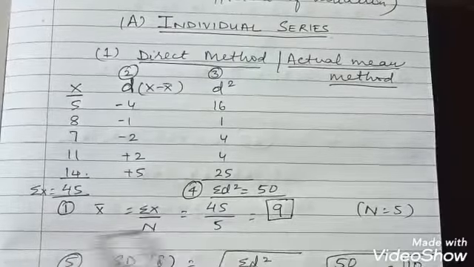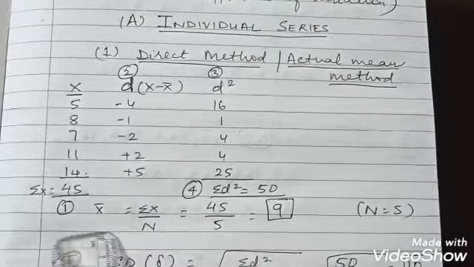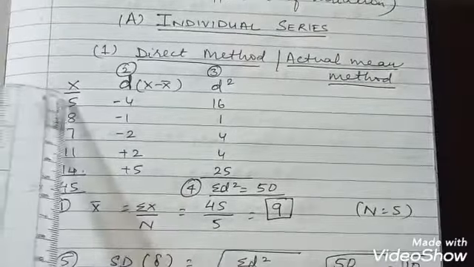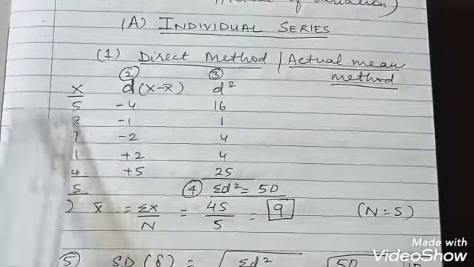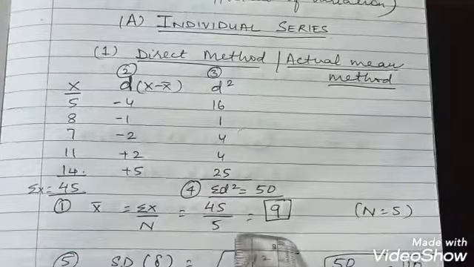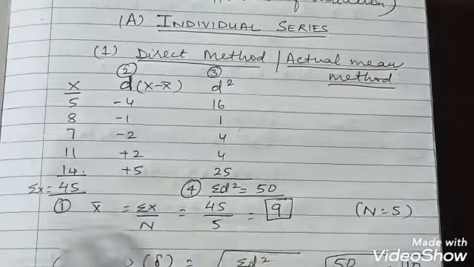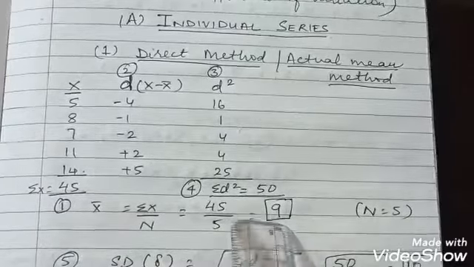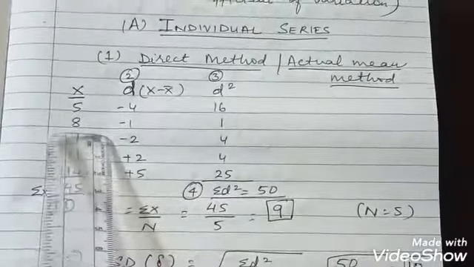And this is just for 1 mark. This part is for 1 mark. You will calculate actual mean. How do you calculate actual mean? You know by now. इसका total ले लो, divide by the number. So 45 divided by 5, your actual mean is 9. So this is the first step. अगर ये गलत हो जाएगा तो the second obviously will be wrong.